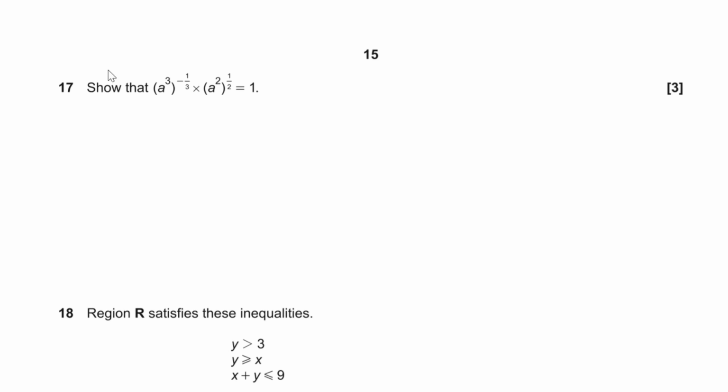Question number 17, we have to show that a cubed to the power of minus 1/3 times a squared to the power of a half equals 1. Well, here, first of all, we can simplify this and this using the law of indices. X to the power of m to the power of n is the same as x to the power of mn. And so therefore, when we have a base to a power to another power, according to this rule, we multiply the powers. So we've got a to the power